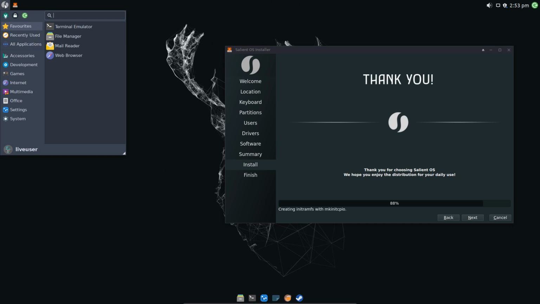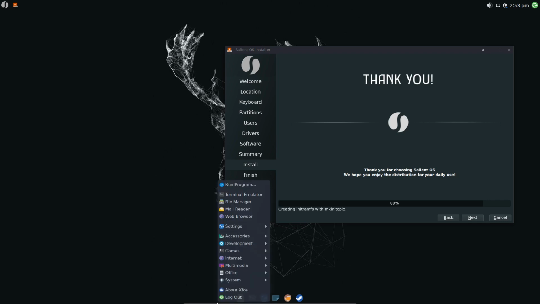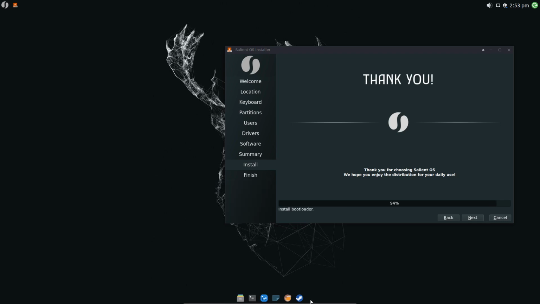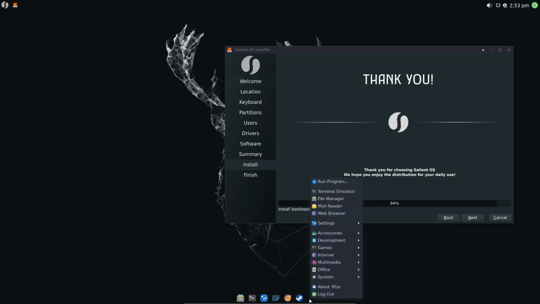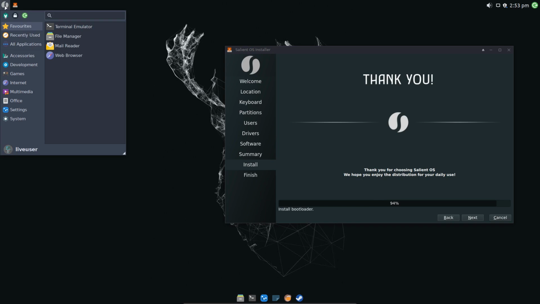So this is up here now. It could be down here, but there is already something down here. So I guess it's the panel from XFCE. Doesn't really move anything. A plank, you can move plank, you can actually make it bigger, like macOS kind of feeling, if you want that. If you're into that.